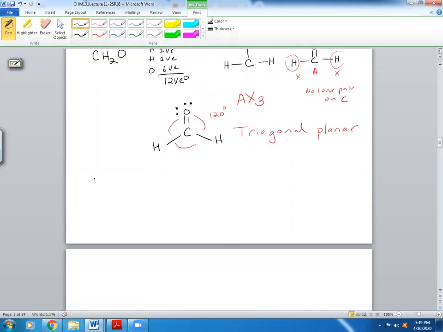So let's say we want to draw SO2. You should be able to draw it. You can pause right now, and we can draw it together and find it. Okay, so the structure of this comes out to be